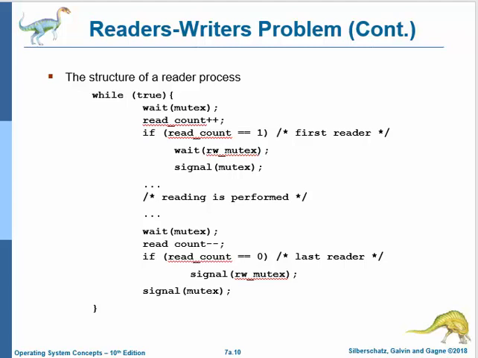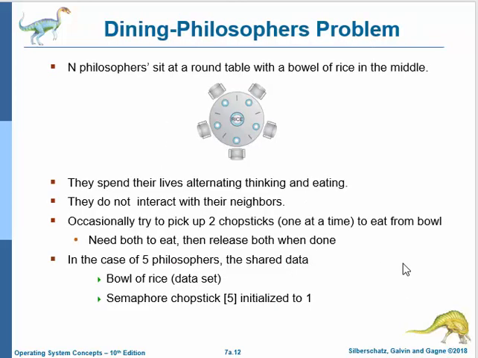The readers-writers problem and its solutions have been generalized to provide reader-writer locks on some systems. Now for the next problem, the Dining-Philosophers problem, we can consider n philosophers sitting around a table with a bowl of rice in the middle. We consider 5 philosophers who spend their lives thinking and eating. The philosophers share a circular table surrounded by 5 chairs, each belonging to one philosopher. In the center of the table is a bowl of rice, and the table is laid with 5 single